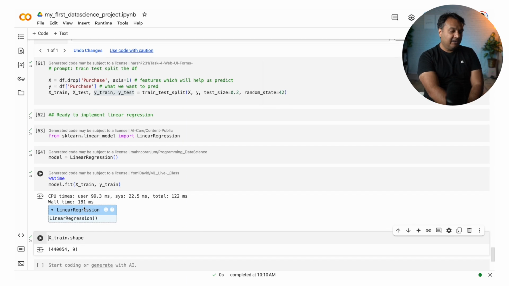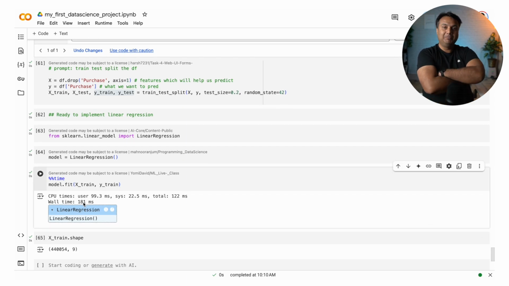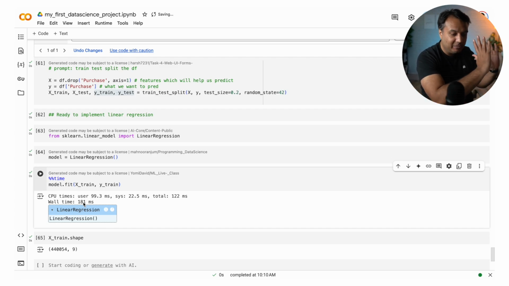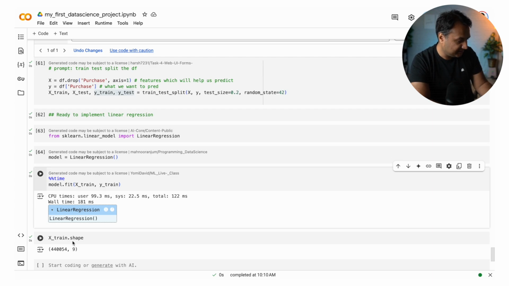So it took 181 milliseconds to compute this. So basically 1/5 of a second on 440,000 records. This is how powerful it is. And the model is trained now. You can use it to make predictions. That is what we are going to do next.